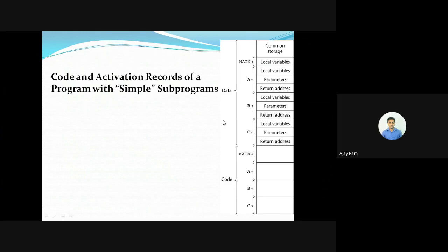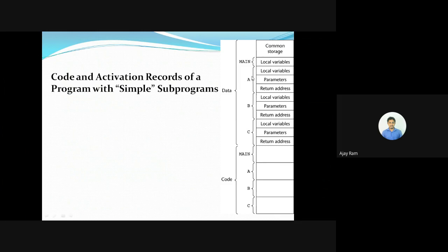This is an example of how the activation record is represented for simple subprograms. Here in the example we are taking three subprograms: the first is A, the second is B, and the third is C. This part is the data part, and this part is the code part. We also have a main function, then subprograms A, B, and C. This is the coded part, where we have the complete code. And this is the non-coded part.